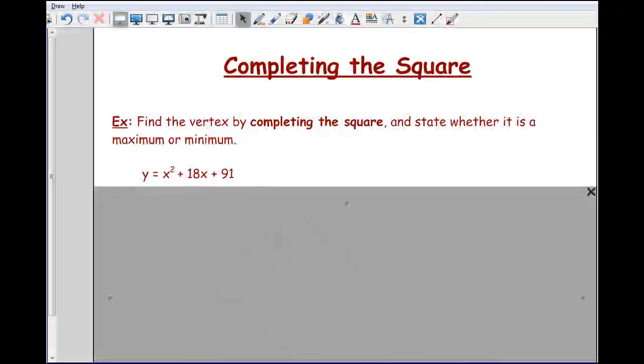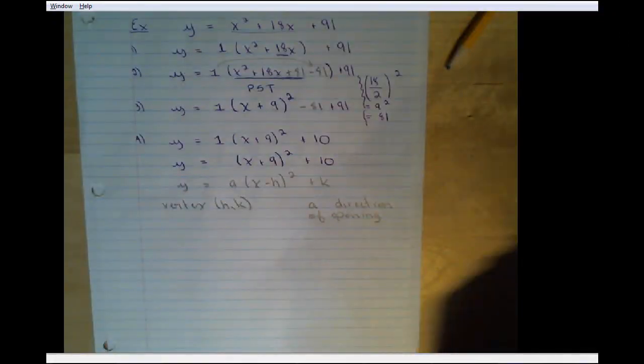Okay, so let's go back to the question real quick. It says, find the vertex by completing the square and state whether it is a maximum or minimum. So let's find the vertex and state whether it's a maximum or a minimum. So the vertex here, for this particular question,